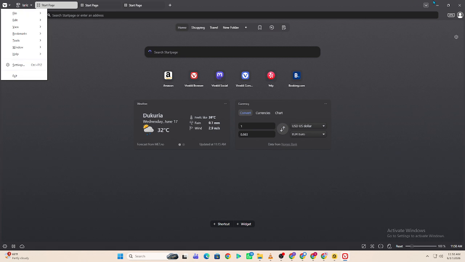Hey everyone, if you want to clear cache and cookies in Vivaldi Browser in 2026, you're in the right place. In this guide, I'll show you how to remove temporary data to fix errors and improve browsing speed. First, cache and cookies store website data to load pages faster, but over time they can cause errors, slow performance,